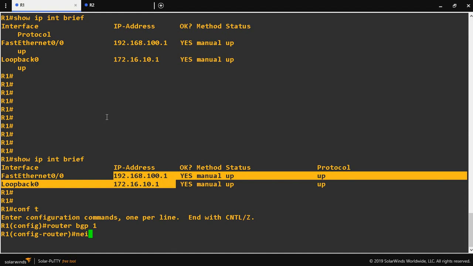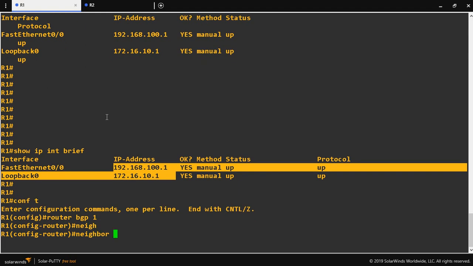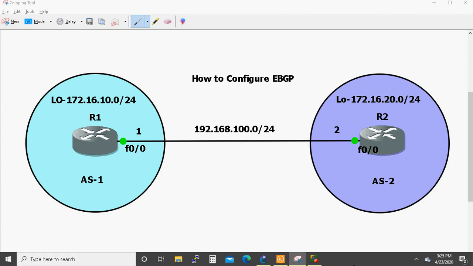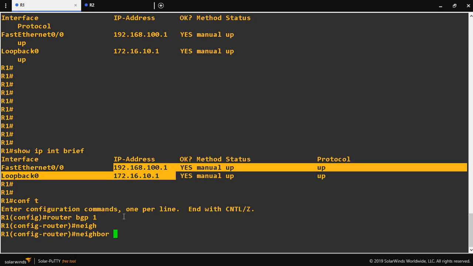So here I am giving neighbor, which is a keyword. Next, the neighbor IP. So here the neighbor IP on the point-to-point network is 192.168.100.2. That is the R2 interface IP. So here I have to give 192.168.100.2.